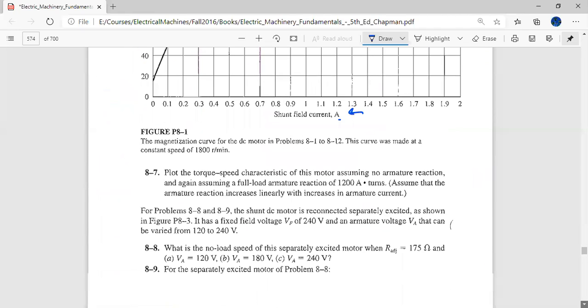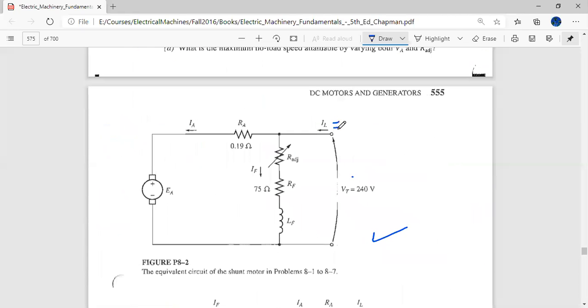At full load, the machine is drawing how much did it say? 110 amperes at full load. But does that make any change to the field? I have not adjusted my field, so the field current will continue to be 0.96 amperes. And that means my new full load IA value would be equal to 110